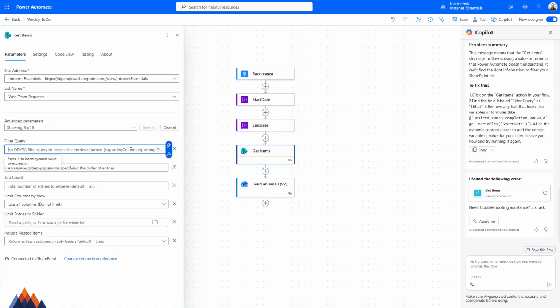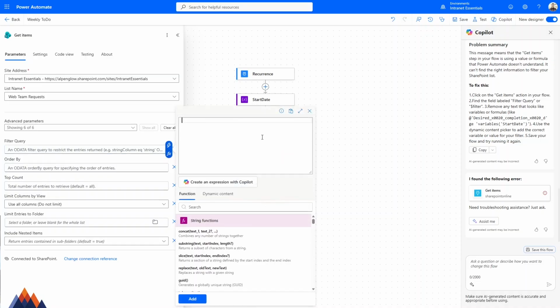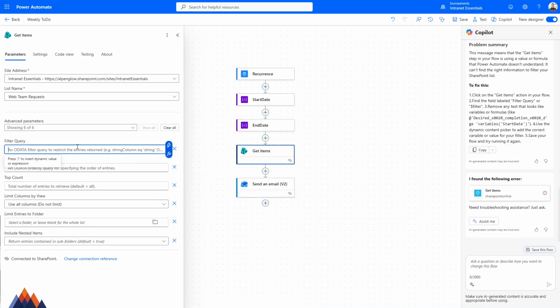Most of the time when I'm doing something that's a little bit more complicated like this, I like to go to the expression field and type things in here, but this was giving me trouble. Copilot wasn't helping, so we're just going to type it out here in the filter query string field. And what I'm going to do is grab that column name. So again, this is copied exactly from what SharePoint gave us, not what you see in SharePoint, but what the actual data comes through as. So we're going to compare this column, and we want it to be greater than or equal to our start